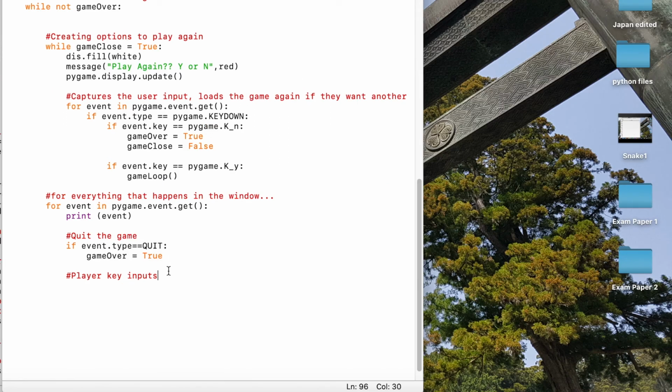And now what we want to do to finish off this part of the tutorial is look for our player's key inputs. So if the event.type equals pygame.KEYDOWN, and then we're going to look for specific keys. So if event.key equals pygame.K_LEFT,